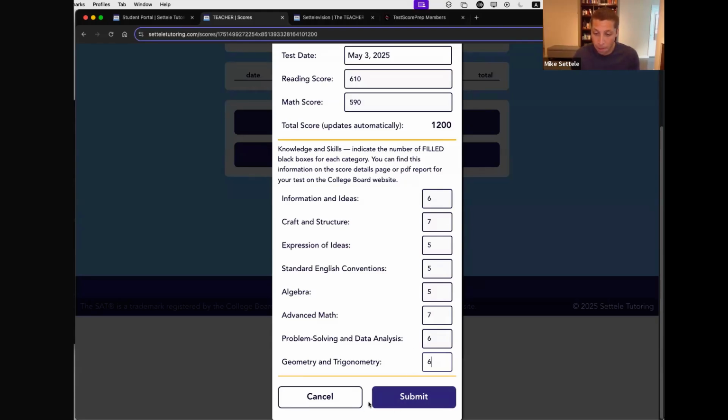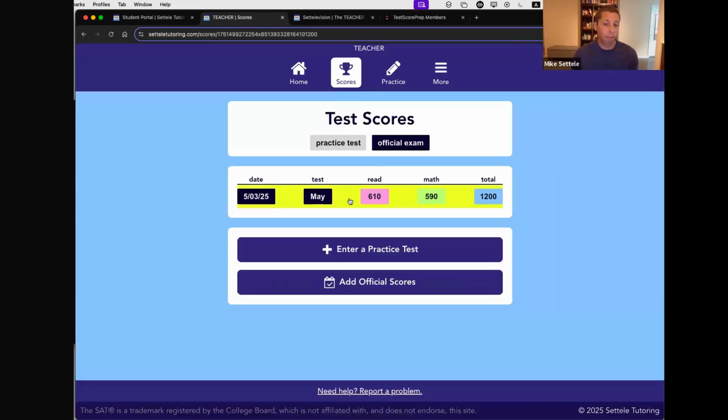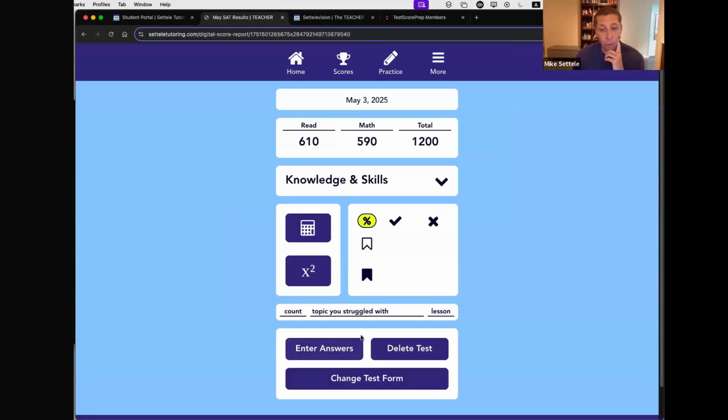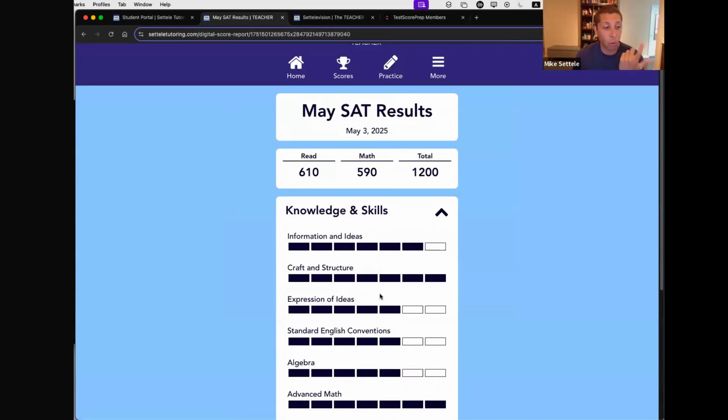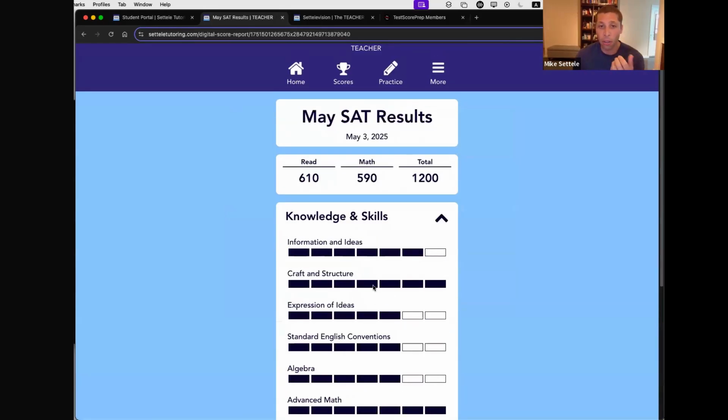And submit. And there you go. Any past scores are there. And this is helpful for me. So maybe make it a point to do this sometime this week. I'll remind you guys in the homework as well to do that. But it'd be cool for me to see your scores. And then you can have the full score report for any past scores, just so I have a sense of where you guys are starting from.